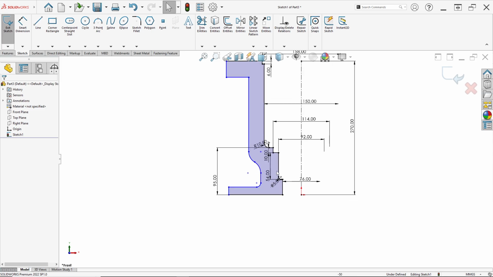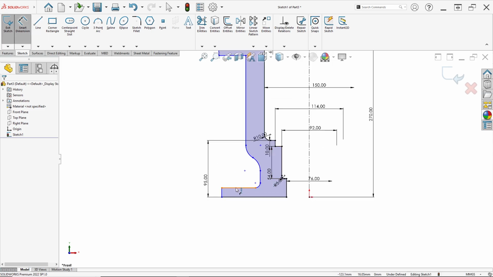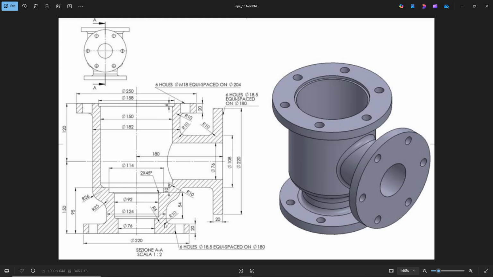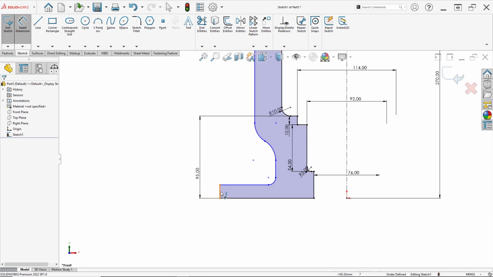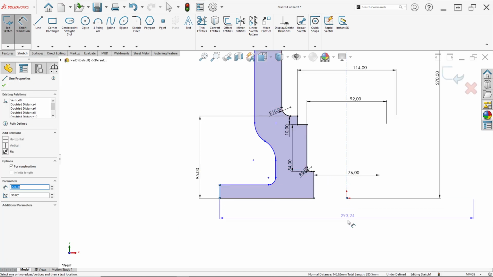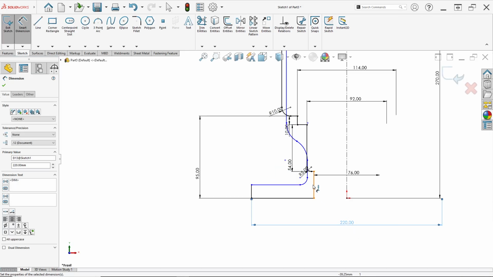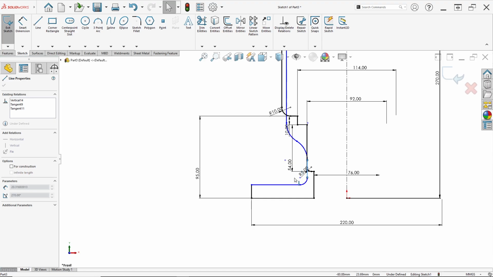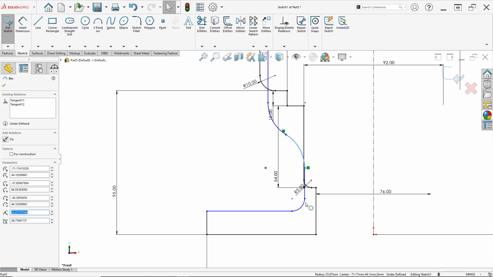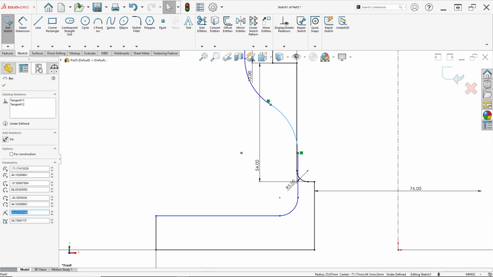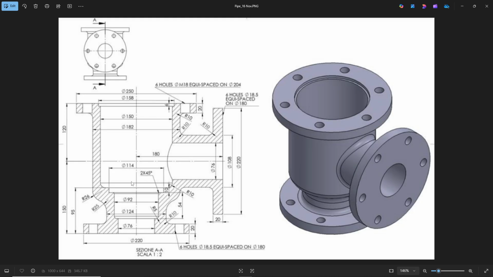Like this. So we can input the dimensions here. Diameter from here to here is 220, so this line to this center line is 220 millimeter, like this. Then set the dimension here.